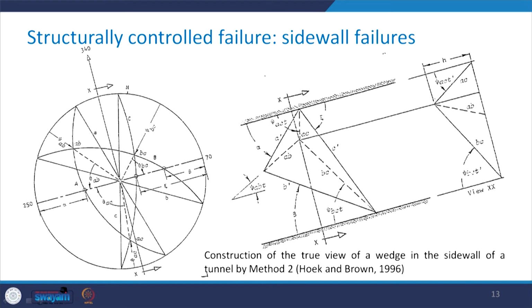Take a look at how. We have the three great circles again which represent these planes. This is the first great circle, which we denote by great circle A. Then this is the second great circle, denoted by great circle B. And the third one is this one, that is great circle C.